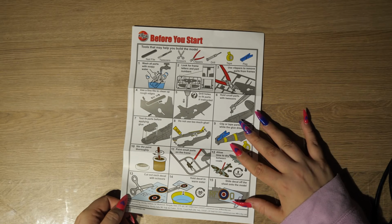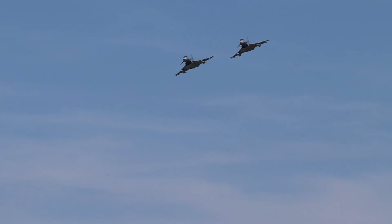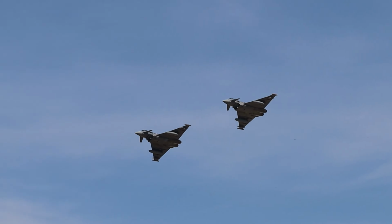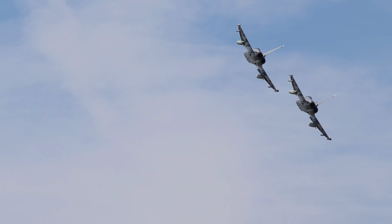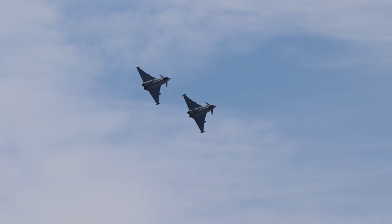In fact, I'm doing mine in a bit of a unique scheme too. And, well, I might as well share with you here what I'm doing. A couple of years ago when I was at Fairford, I saw the Austrian Eurofighter Typhoons. Now, they are mired in controversy because there's a lot of allegations about how the purchase process went for the Typhoon and whether they're keeping the Typhoon, but I saw a roll demo of the Austrian Air Force with 2 Typhoons and C-130. Then I saw the Tiger Eurofighter that they did,